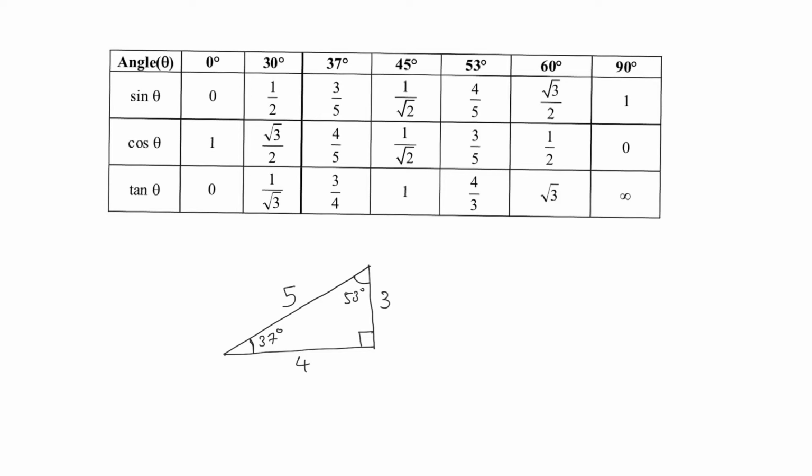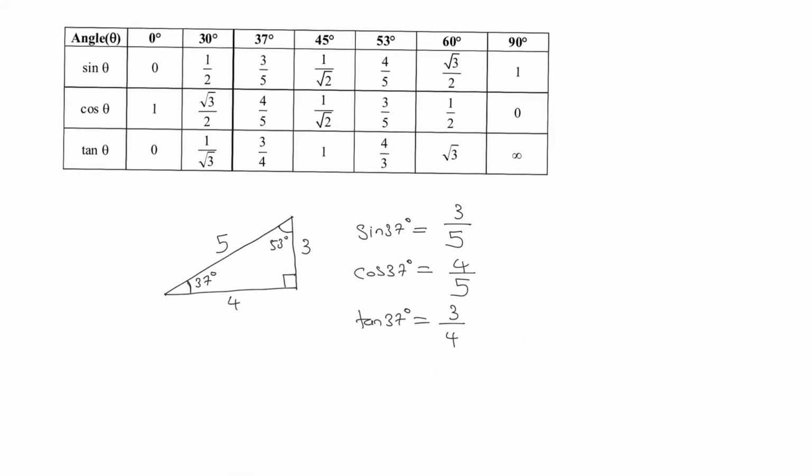Now over here in this triangle, if I am writing the equation for sine 37 degree, we know that sine theta is equal to opposite side, which is 3, divided by hypotenuse, that we can take as 5. Same as if I am writing the equation for cos 37, that is adjacent side, which is 4, divided by hypotenuse 5. And if you like to write the equation for tan 37, you can write it as opposite side, which is 3, divided by adjacent side, that is 4.